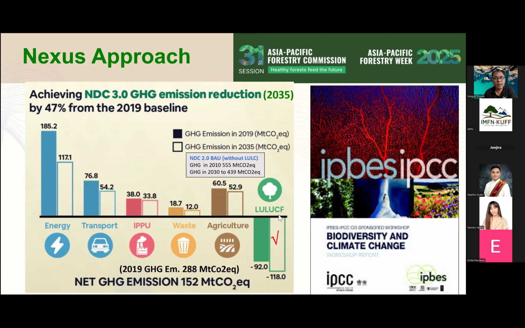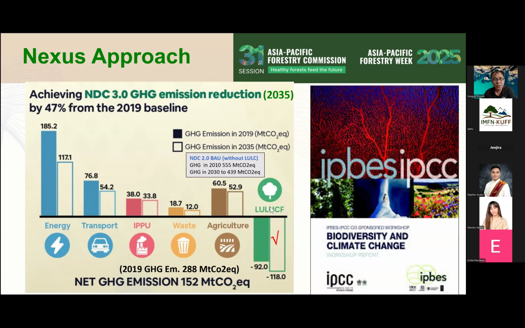But recently, they have included land use and land cover, or promoting forest plantation for carbon absorption. By doing this, we can reduce, I think, about 47% of the carbon emission from the baseline of